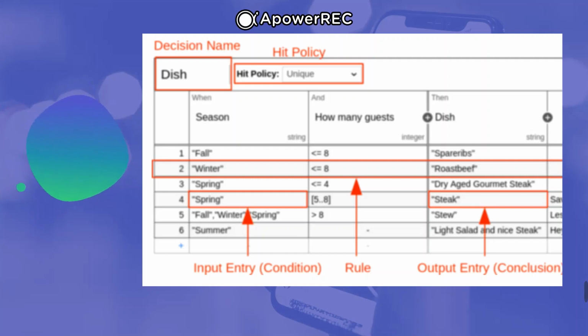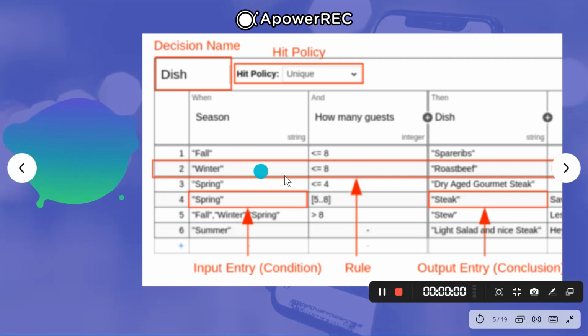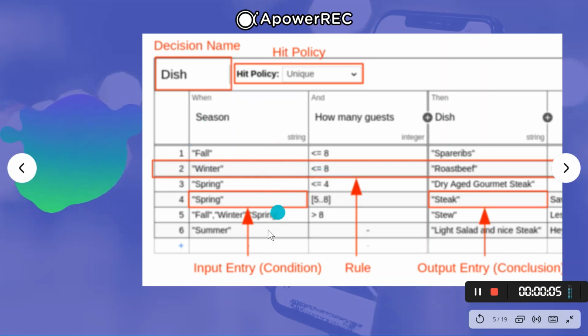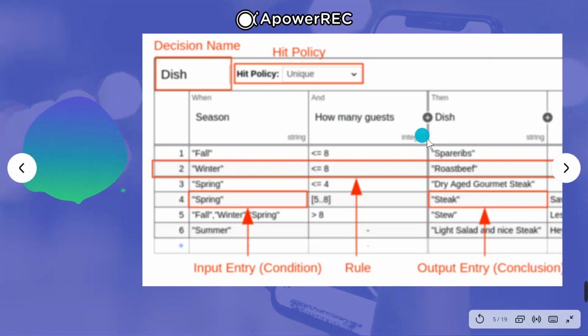This is somewhat how a decision table looks in Flowable, where each row in a decision table is an individual rule. The columns represent the inputs, and at the end one, or occasionally more than one, is an output.